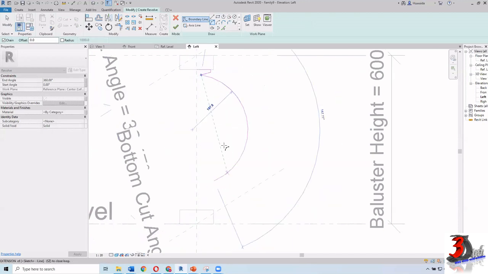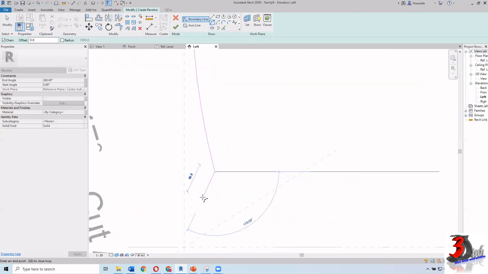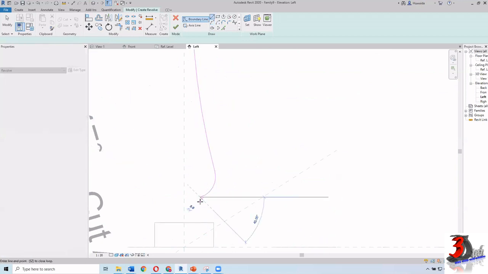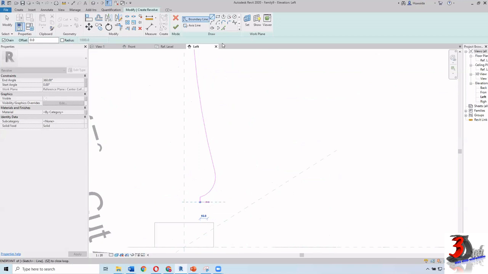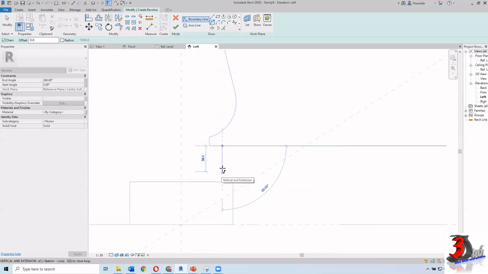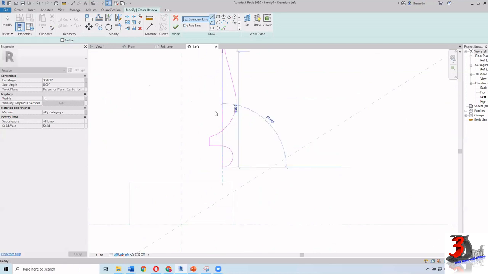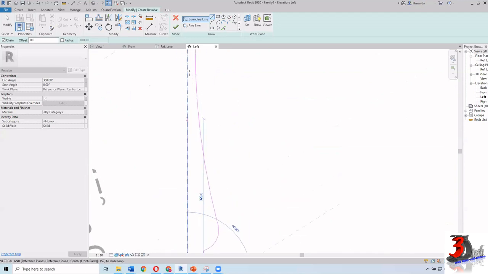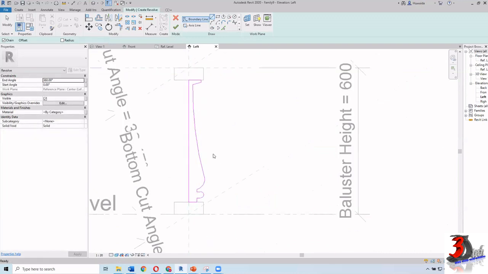Something like here, and then here. Just freestyle this one according to your creativity. Okay, I'm going to just draw like this. And then make sure this boundary is closed, with no openings anywhere, in order for us to create the revolve.